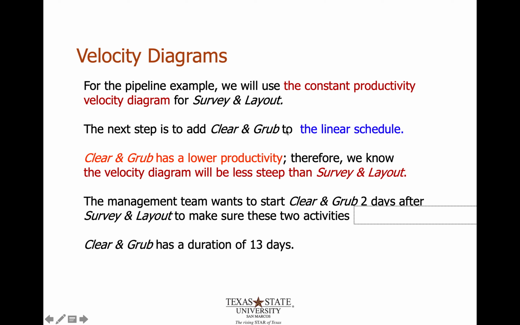So clear grub is the next one. We add that to the linear velocity diagram. This one has a lower productive rate, therefore we know that the velocity diagram will be less steep, like I just said in my example. So here's where the management team could start using the schedule to their advantage, or ensuring that there's enough space